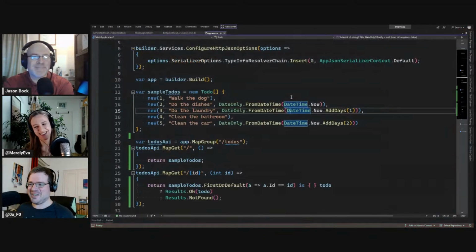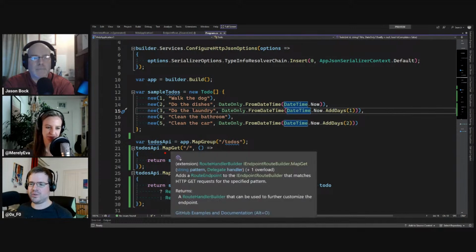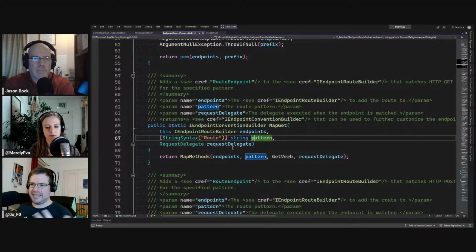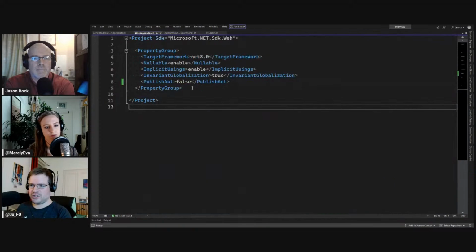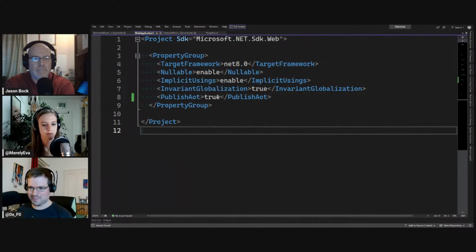And now we have here the to-dos API. On the IEndpointRouteBuilder is an extension method that we invoke, MapGet. If we follow that path, it will actually call into code from the ASP.NET Core base class library, Microsoft.AspNetCore.Routing, and we invoke this method. But now if we go into the csproj and enable PublishAot, if we turn this to true,